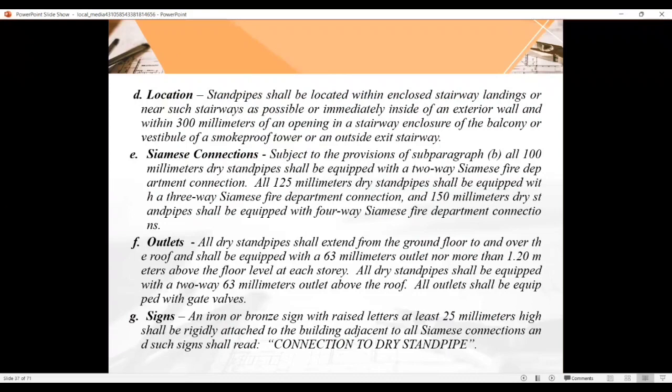Then this for location. Standpipe shall be located within enclosed stairway landings or near such stairways as possible, or immediately inside of an exterior wall and within 300 millimeters of an opening in a stairways enclosure, of the balcony or vestibule of smoke-proof tower or an outside exit stairway. So E is for the siamese connection,